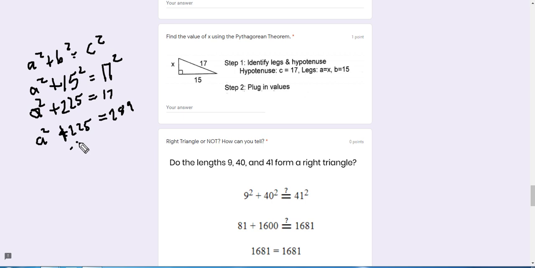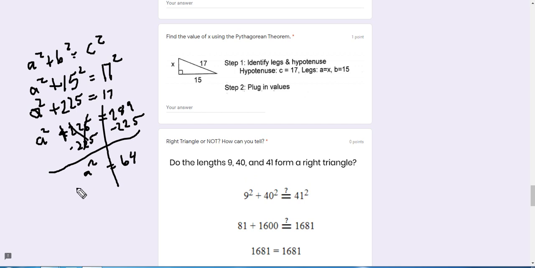So we need to use removal here, and we are going to take away from both sides. Okay, so technically that's adding in balanced sets. So this would get down to 0. So all we'd have left is our a squared, and we would have 289 minus 225, which is really just